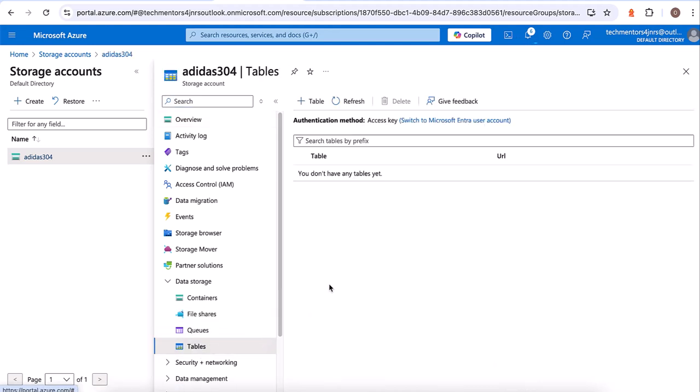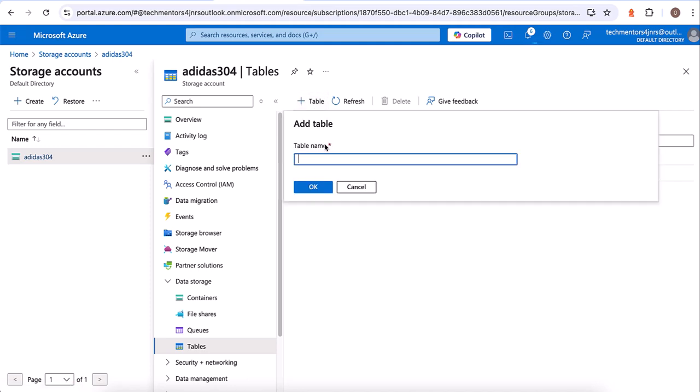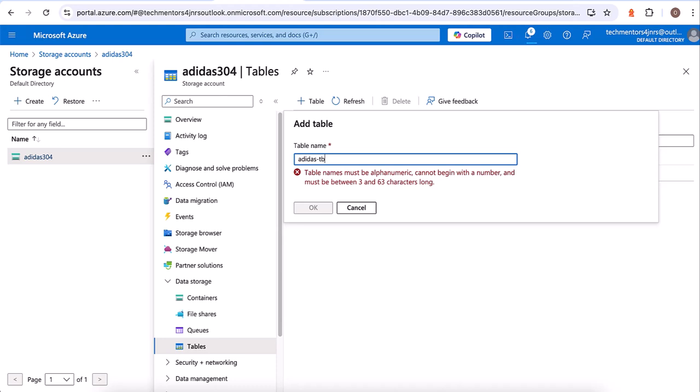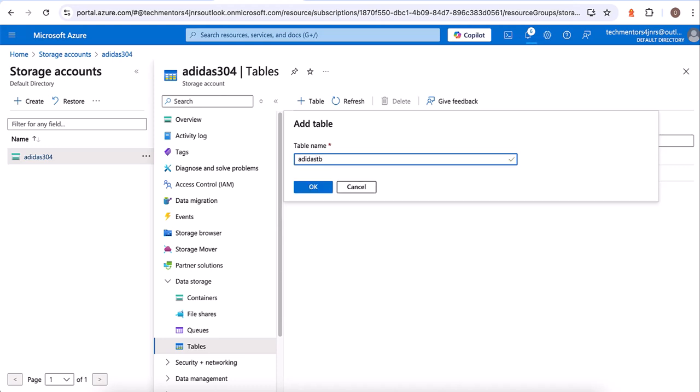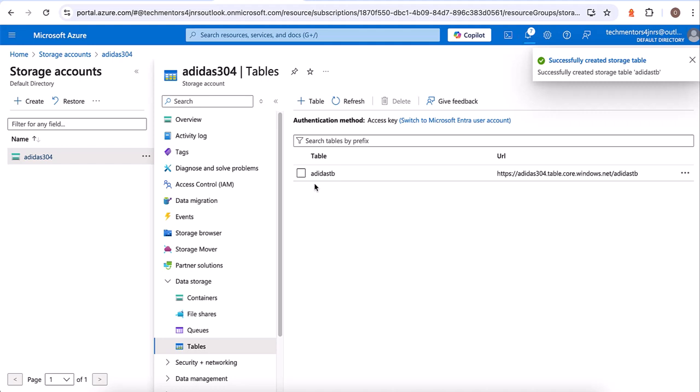So the next one is the tables. If you want to add key pair, like NoSQL, you can use Azure tables to do that. In order to add key pair in tables, you need to go to storage browser.